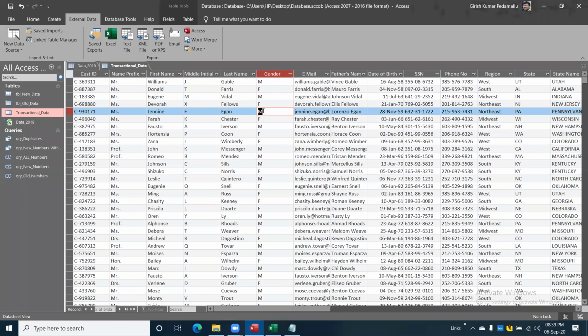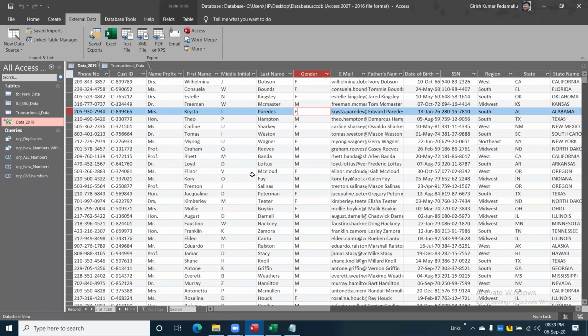For example, you want to do some reporting but don't want to import the data. Multiple people are working on Excel, and you want to take that data without importing it into Access and perform some actions. In that case, you can create a link. There will be no data present in Access. Data is present in Excel and can be viewed over here. On top of it, you can write your queries and perform whatever you want. But the original data is present in Excel.